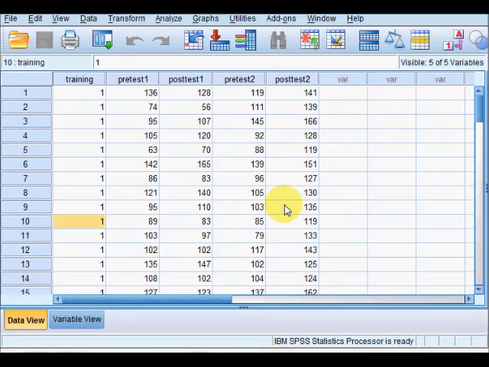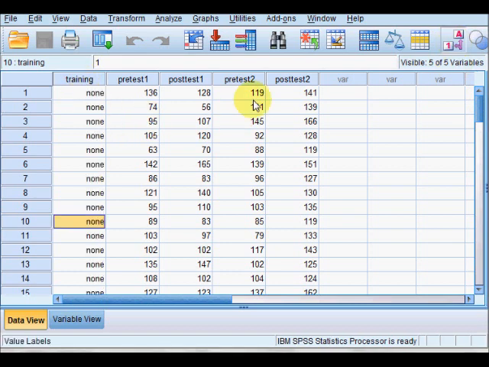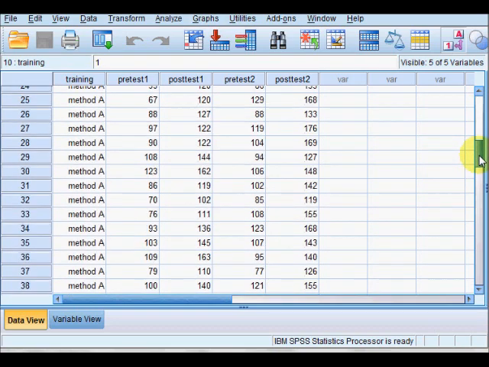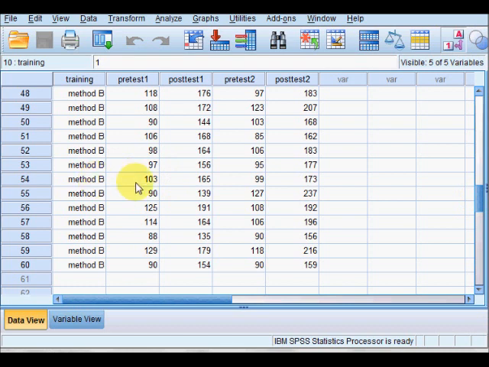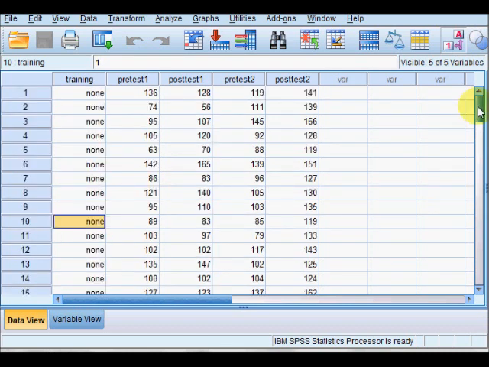I'm going to show you how to perform analysis of covariance using this dataset, or some of this dataset. This is looking at the effect of training methods. We don't need to worry about the details, but we have three different types of training. We have a control group who don't have any training, and then two training methods, method A and method B. So we've got three groups of participants that have been randomly allocated to one of the